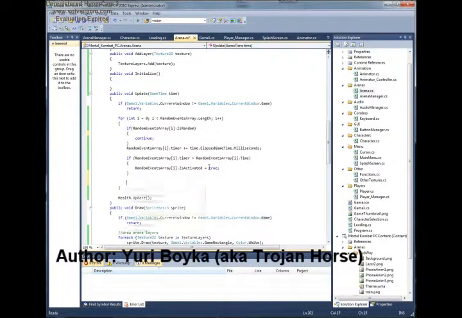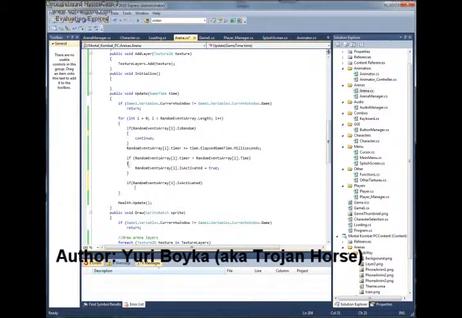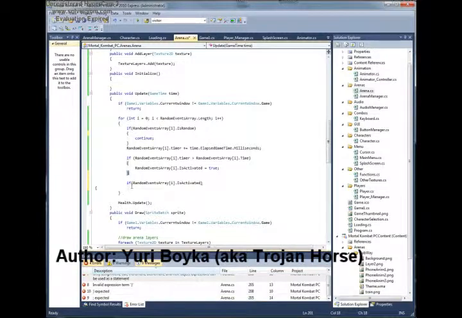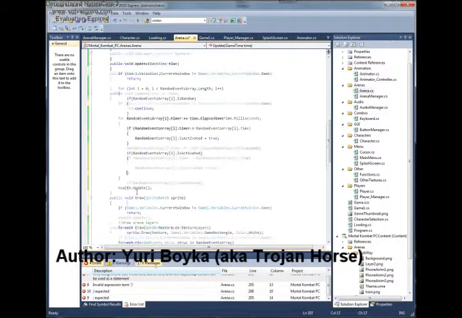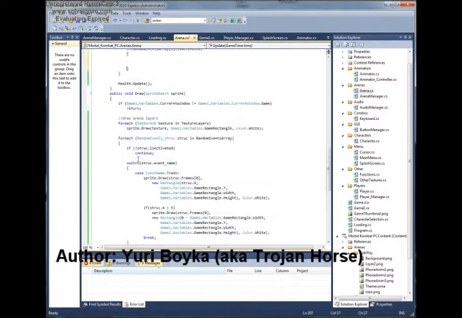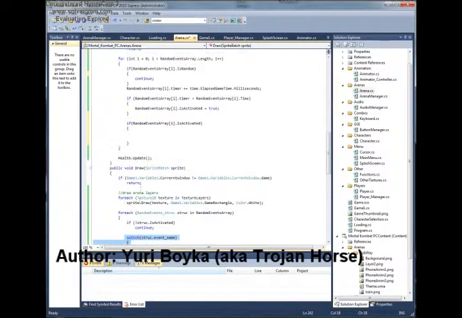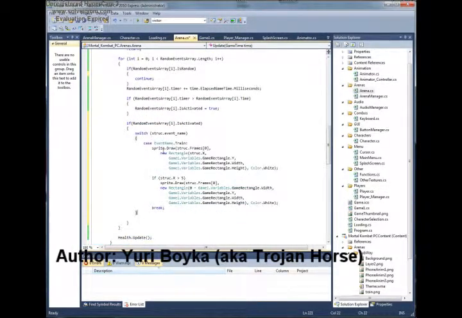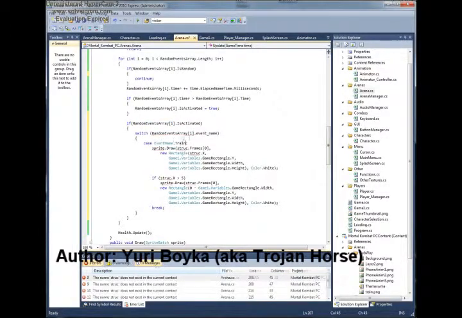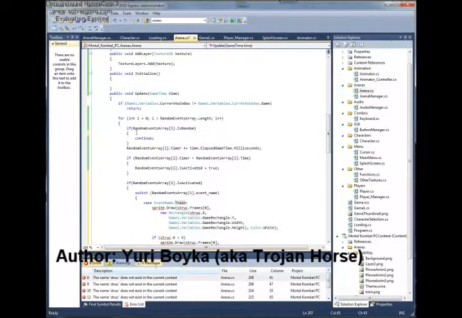So if the random events array is activated, then we will make here a switch. Yeah, we will switch the name really. So if it is a train,